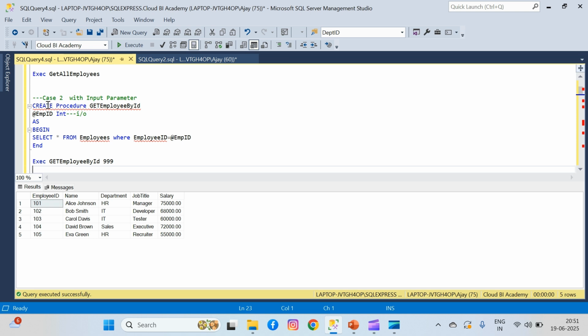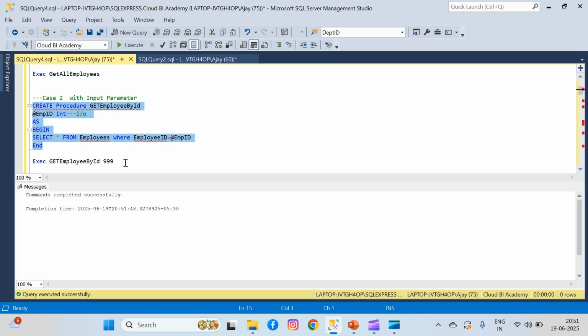Here we have written our syntax: create procedure GetEmployeeByID. Here we have provided employee ID as an integer value because in our table structure the employee ID data type is integer, and here we have placed our logic based on our input parameter. So now we create this procedure. This makes your procedure flexible instead of hard coding values. You let the user pass them in,